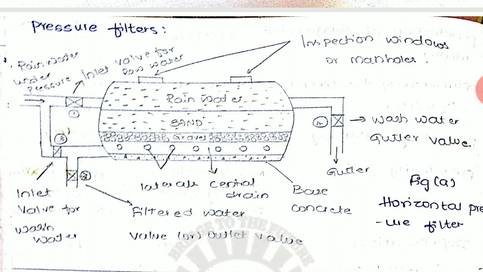At the inlet, the rainwater will be supplied and enters the cylinder through the inlet, and this water will be stored above the sand layer. Below the sand layer, the gravel bed is there, and below the gravel bed, holes are provided to pass the air. These are called laterals,